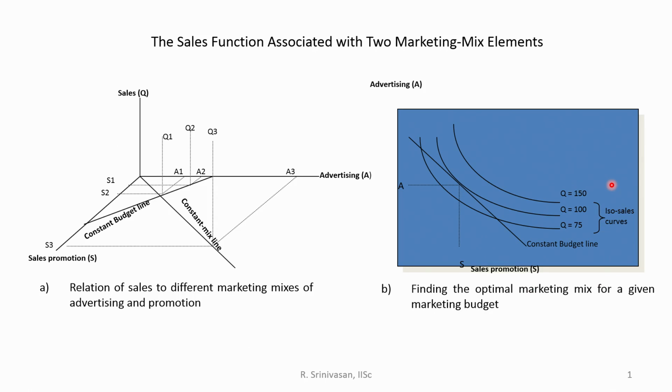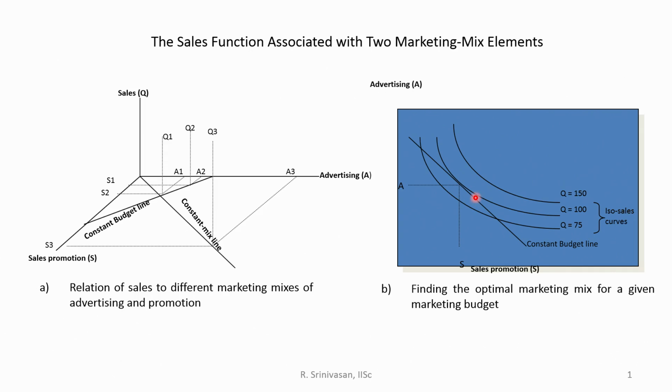Now, in order to get the corresponding combination of A's and S's for getting this sales quantity, what you are going to do is draw a tangent to each of these iso-sales curves,